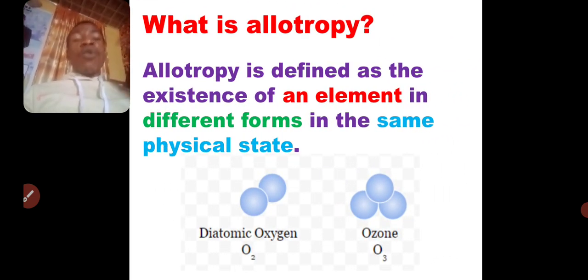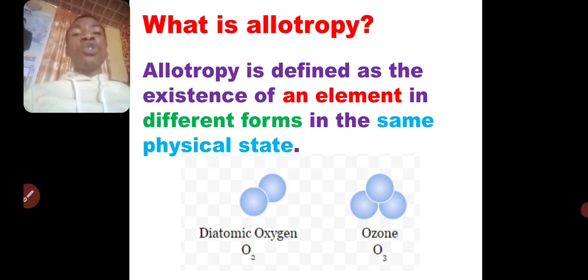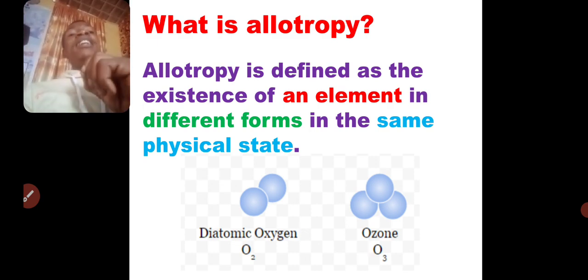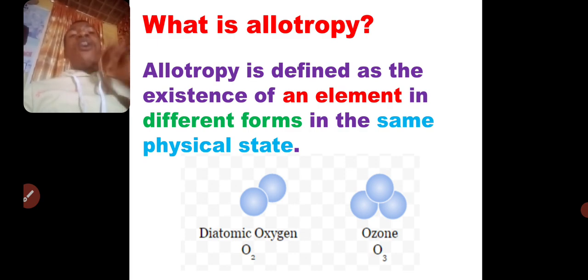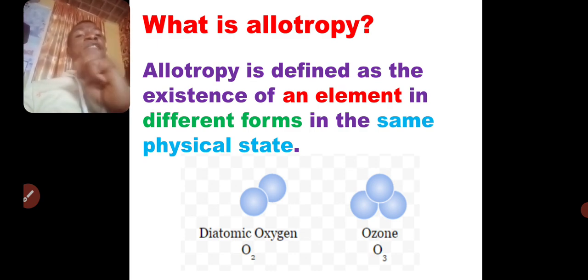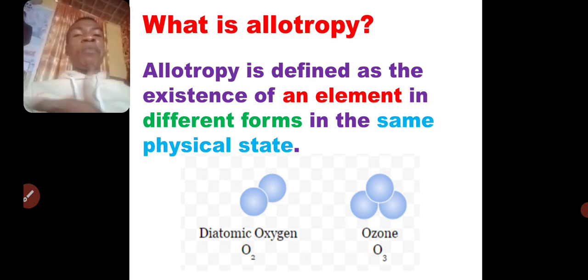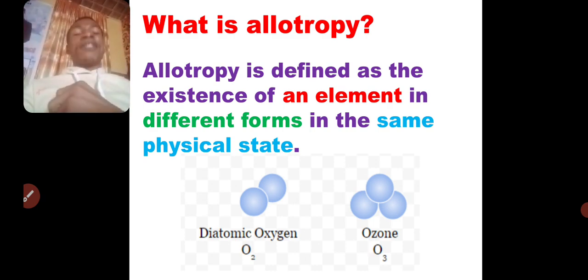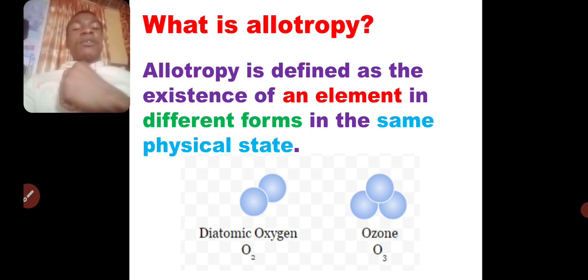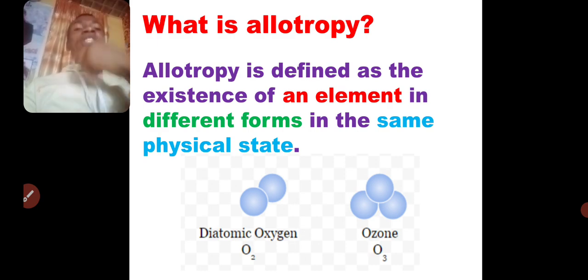First and foremost, what is the meaning of allotropy? Allotropy is the existence of an element in different forms in the same physical state. That is allotropy. Consider the principal of your school. For example, when he or she comes to school,